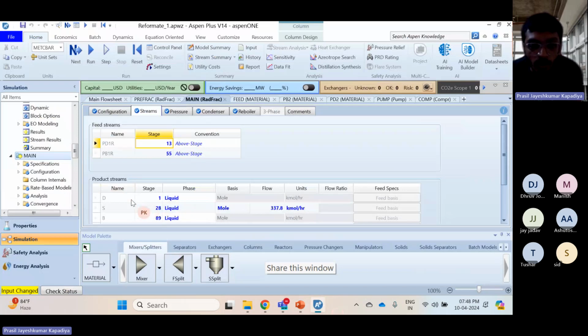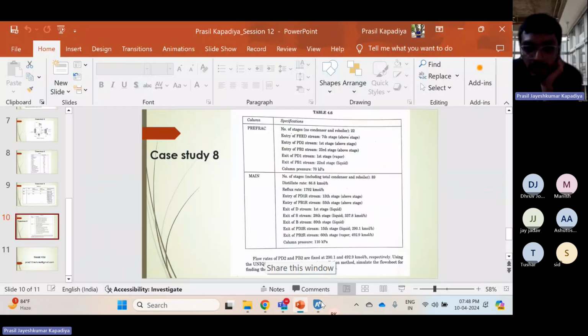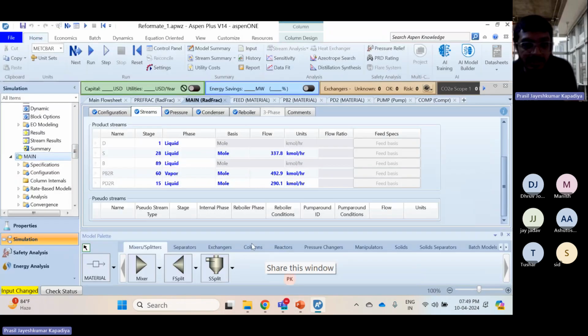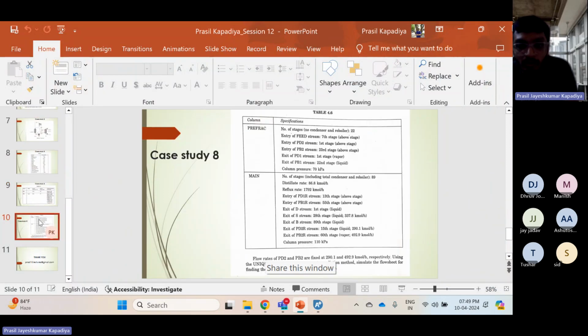Exit of D. Okay, here we need to give inputs. So exit stream D is at stage 1 and it's in liquid phase. So from here you can assume that as exit distillate is exiting as liquid phase, our condenser is total condenser. It is not mentioned in the question, but it is self-explanatory from here. Then exit of S stream is 28 stage. This S stream is exiting from 28 stage, and its molar flow rate is given to us as